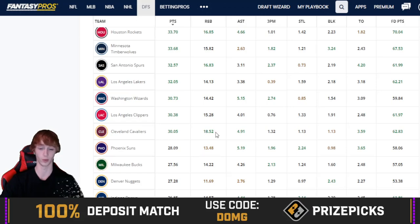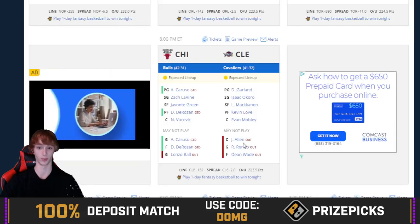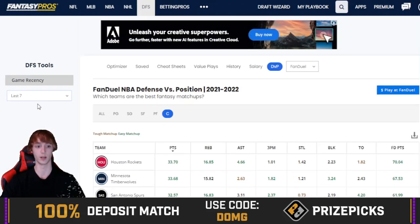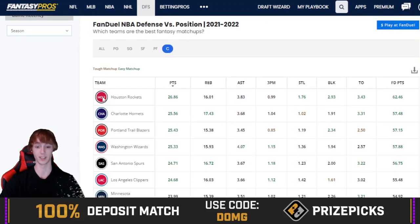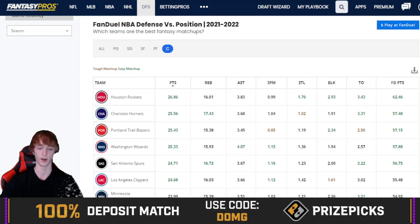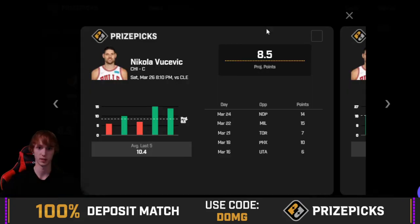They've been allowing a crap ton of rebounds too and assists. I mean, they've just been atrocious when it comes to centers. It's been horrible for Cleveland without Jared Allen out. He's their prime defender, and they've been horrible without him. So I'm expecting a big night here from Nikola Vucevic. Maybe PRA is even a good move, but I'm leaning a little bit more towards the first half points right here in this game. All right, let's take a look at an assist prop here,